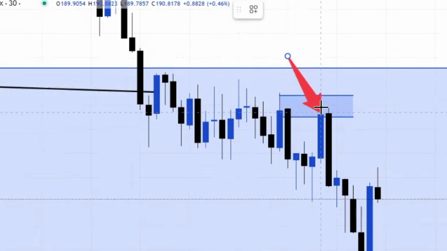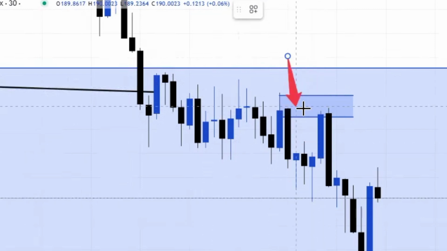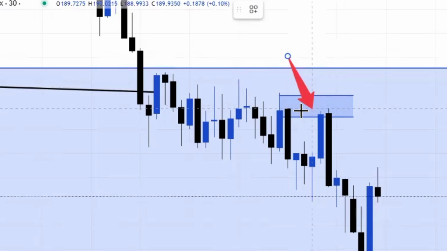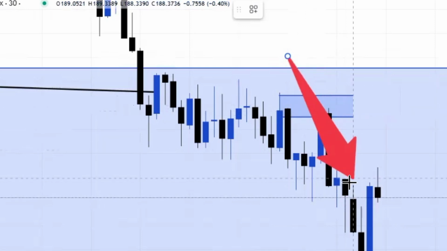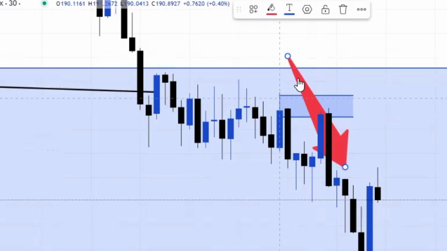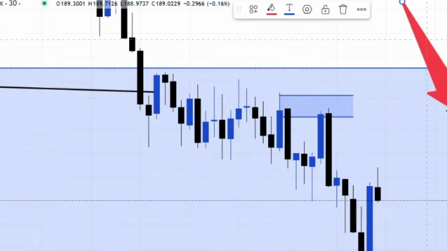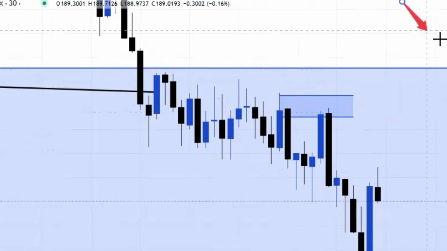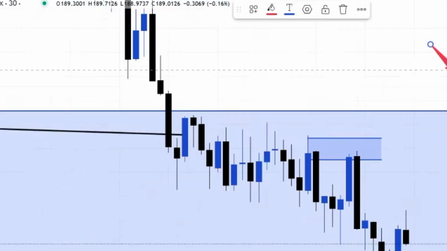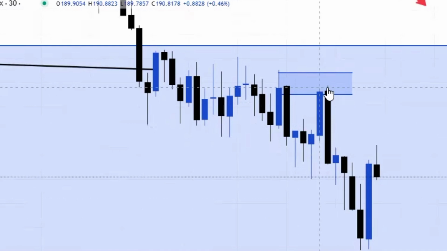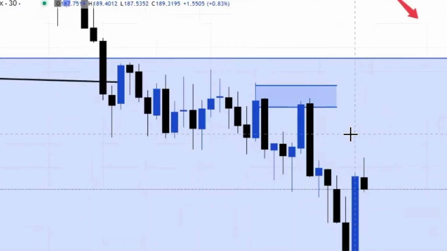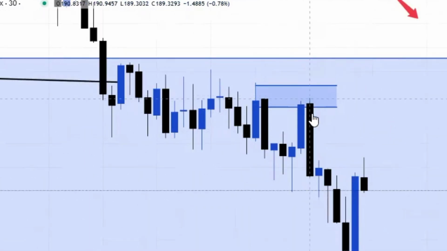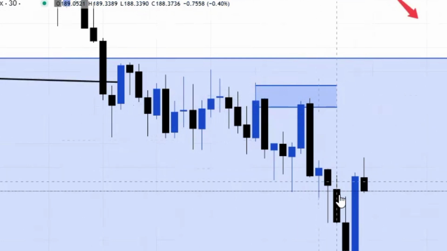back to retest the other block here on this 30 minutes. Now after seeing that price came to retest this other block, we find out that the market now starts pushing down. This tells us that the market is on a bearish trend, which I just said. You can see price retested with this big bearish candle here, and after price hit that place, the market started dropping from that point.